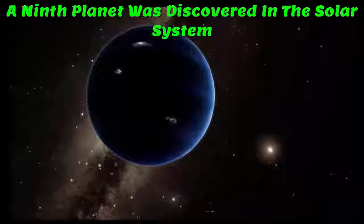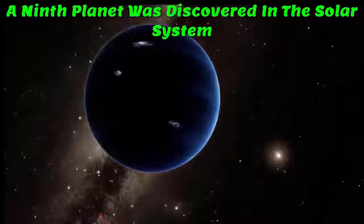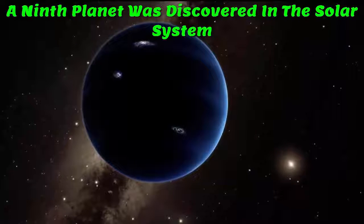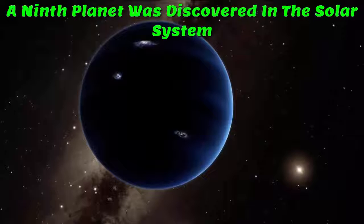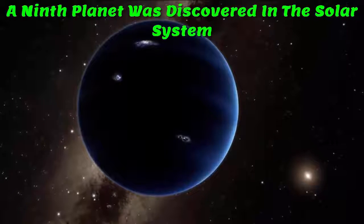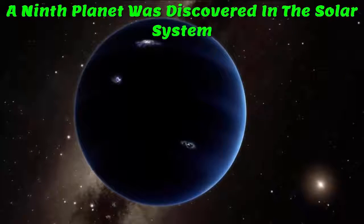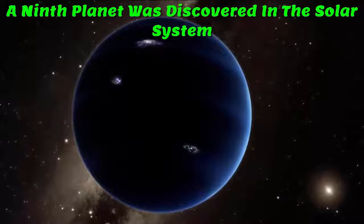A 9th planet was discovered in the solar system before the discovery of Pluto in the 20th century. It had been theorized that a 9th planet, Planet X, existed beyond Neptune due to the gravitational clustering that could only be caused by a massive object. It was then believed that this planet was found in Pluto, but that never fully quantified the gravitational distortion until scientists at the California Institute of Technology presented evidence that a 9th planet truly does exist with an orbital period